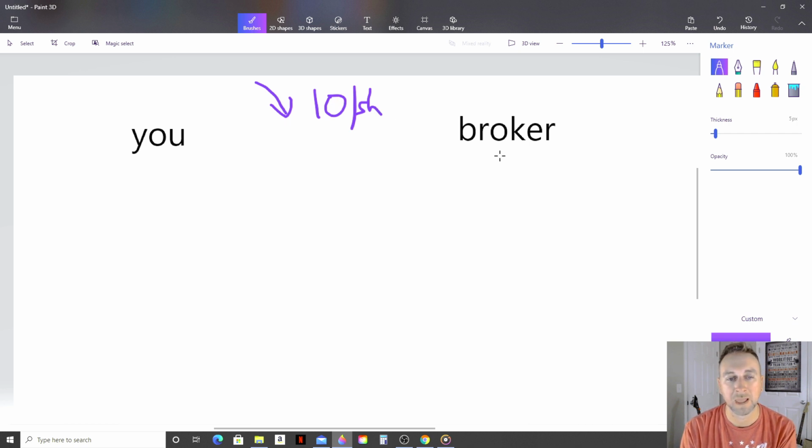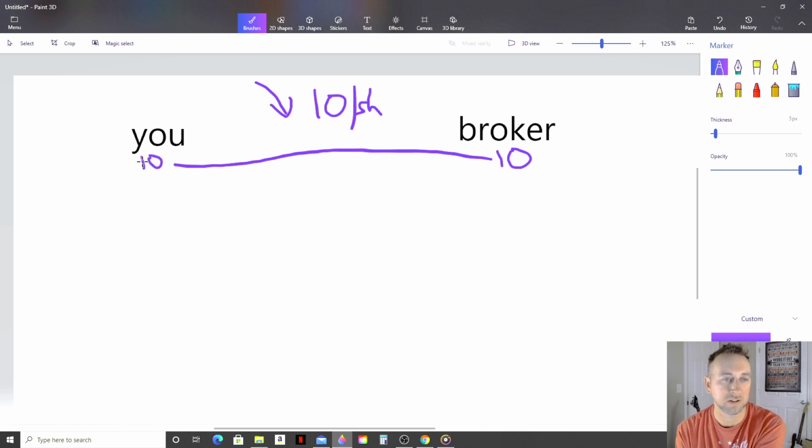You're going to short them. So that broker is going to take 10 shares of that stock. They're going to send them over to you because you just borrowed them. So now you have those shares. What do you do with them? You're going to immediately sell them into the market at that $10 per share. So you're receiving $100 right off the bat.